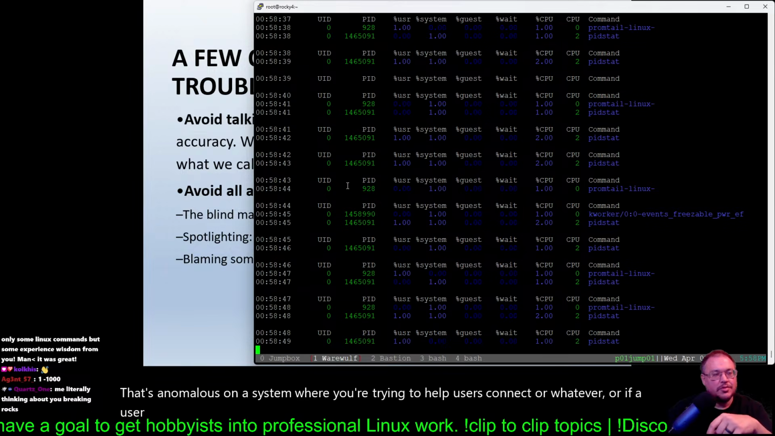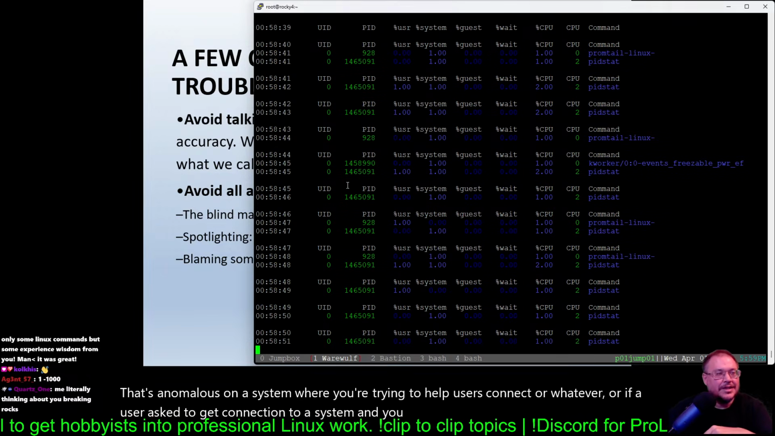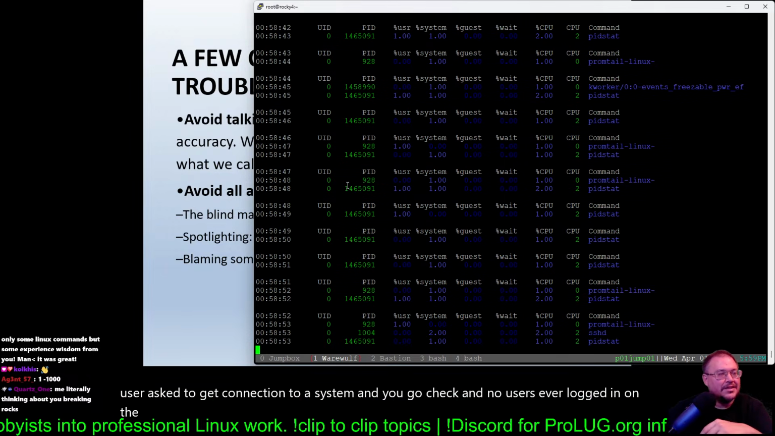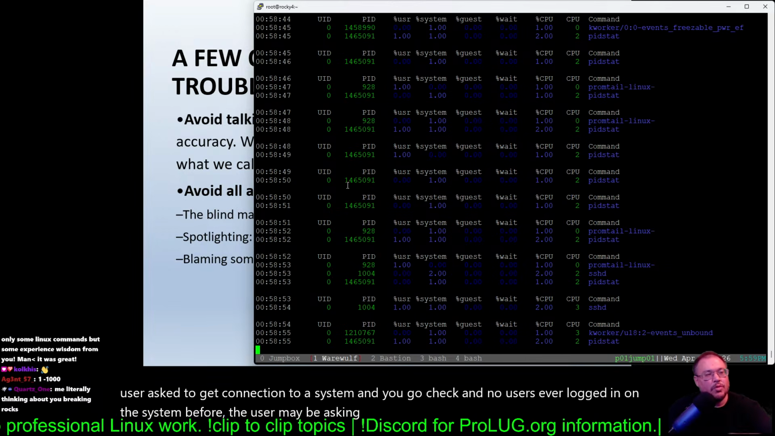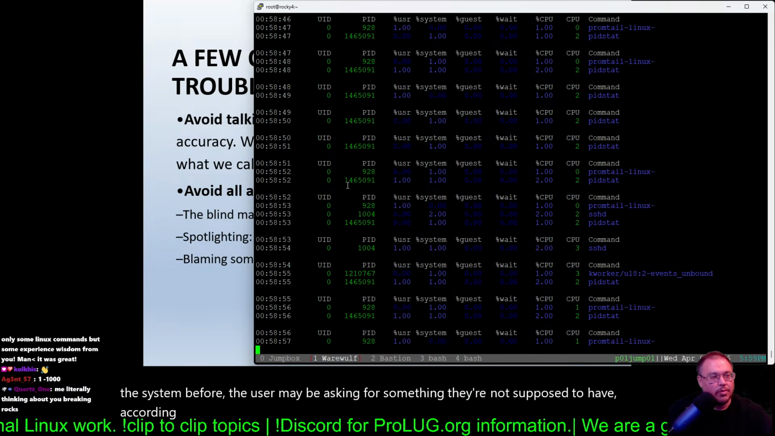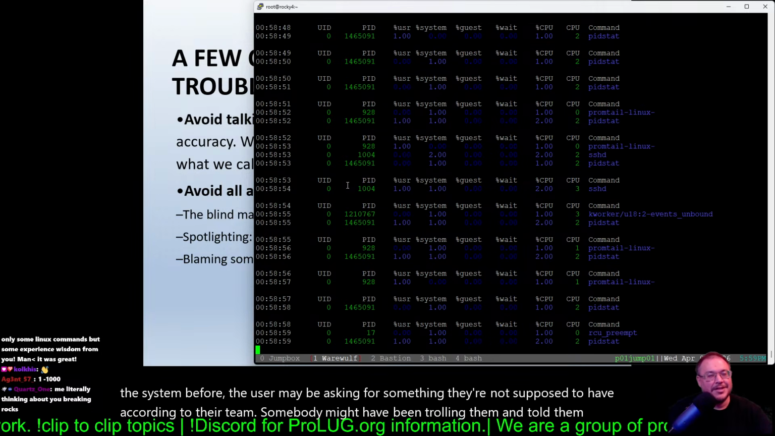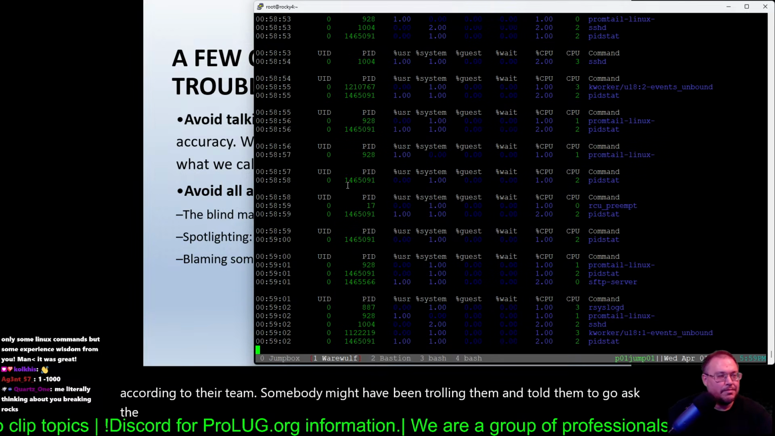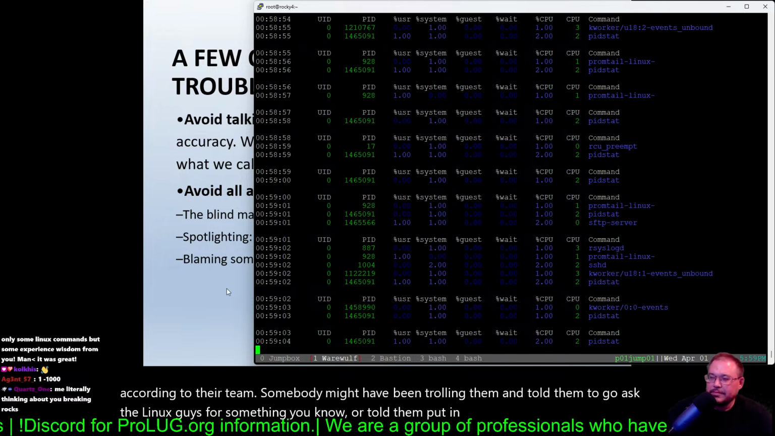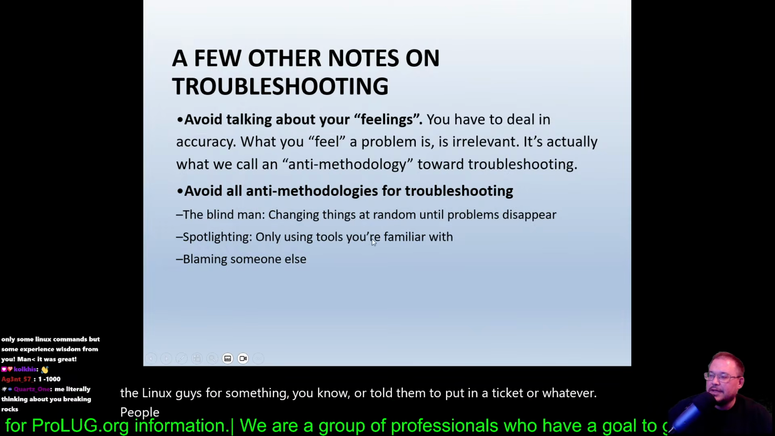on a system where you're trying to help users connect. Or if a user asks to get connection to a system and you go check and no user's ever logged in on the system before, the user may be asking for something they're not supposed to have according to their team. Somebody might have been trolling them and told them to go ask the Linux guys for something, or told them to put in a ticket or whatever. People do that stuff too. But anyways,